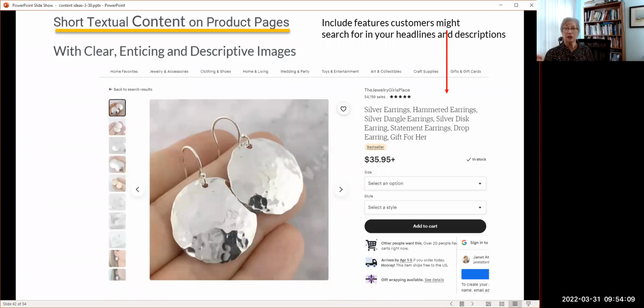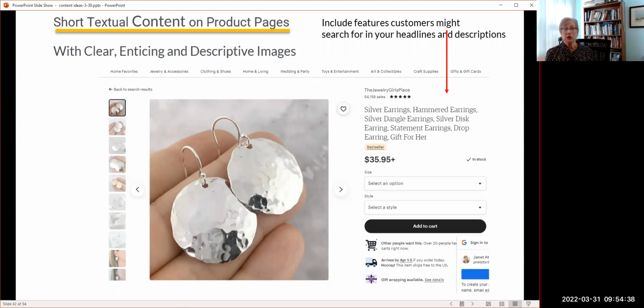That was one of the things that came up. So when I clicked on that, I got to a page that shows me what those earrings look like. You can see without reading any text about how big they are because it shows the earrings on somebody's finger. So you get an idea of the size. You get an idea of what they look like because it's a good, clear image. It's exactly what you're going to get.